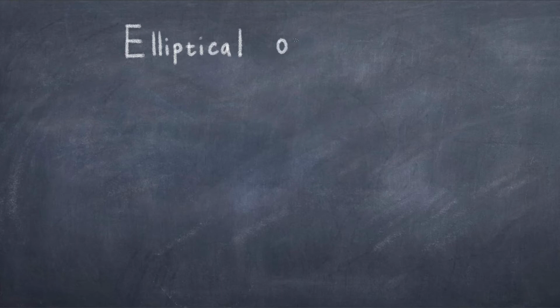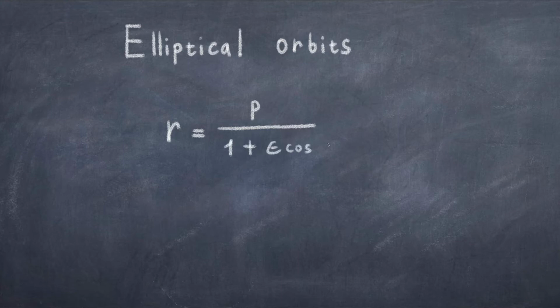Recall that Kepler learned that planets generally have elliptical orbits, thus r is not constant, but r is equal to p over 1 plus epsilon cosine theta. What's more, the acceleration a depends on the radius r as expressed in Kepler's second law. There is in principle nothing wrong with this equation we have derived, but to make it more clear that r is not constant and related to a, we need to rewrite it a bit.